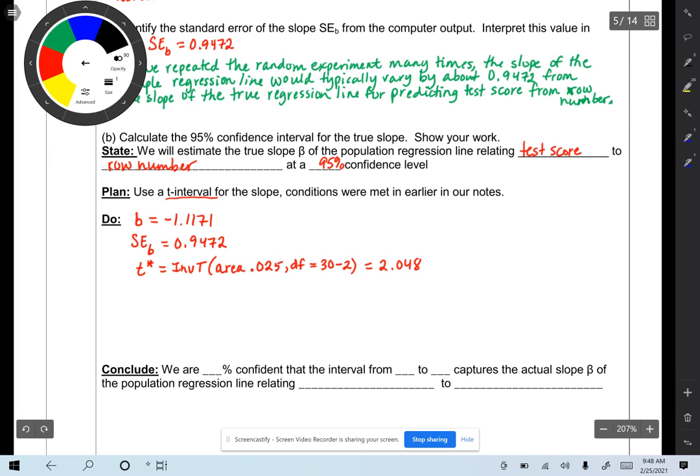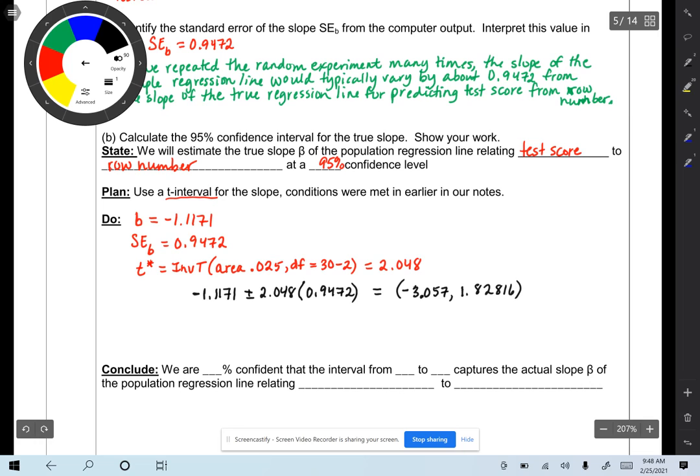Now we can calculate our interval. So our interval is our slope plus or minus t star times the standard error of the slope, which is 0.9472. Really easy math. Okay, so here we have negative 1.1171. I went ahead and just calculated it all, left out an intermediate step, which you can do if you want, not a big deal. So our lower bound is negative 3.057, upper bound